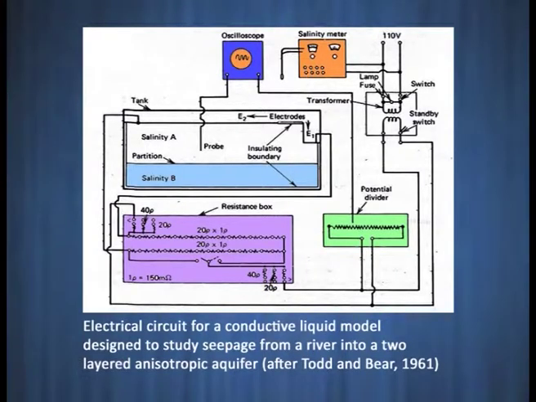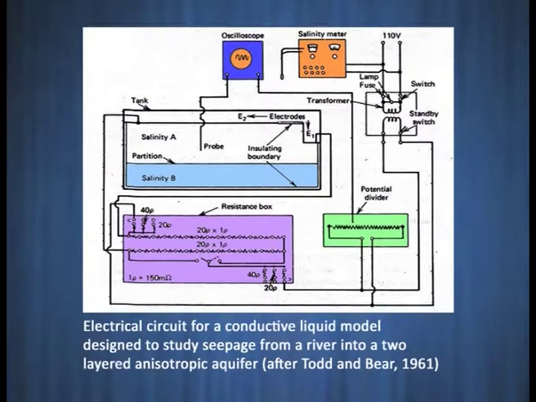First I will tell you about the conductive liquid model. Here an insulated box is there in which copper sulphate solution is filled and electrodes are placed, and electric flow takes place, and that electric flow is similar to the flow of groundwater. Because there is a hydraulic gradient and a voltage gradient, they are equal. The voltage gradient is equivalent to the hydraulic gradient in the groundwater.